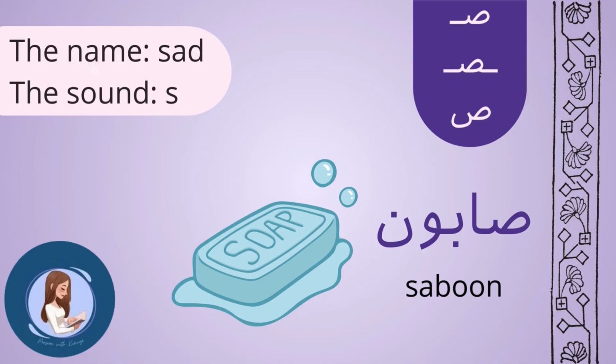Like, okay, so this word, I should write with this se, not the seen one, okay? But with the sad letter. And this is the part that will make writing Farsi a bit challenging, but sweet. And yeah, so sabun means soap. And again, you can see the different appearances, like the initial one, the middle, and the last one. The appearances will be affected by the position of the letter in the word.